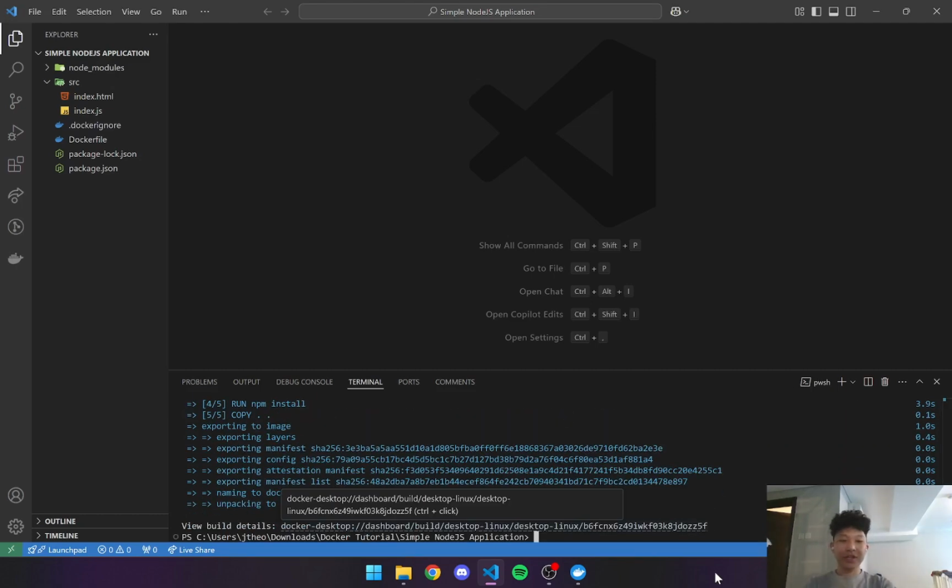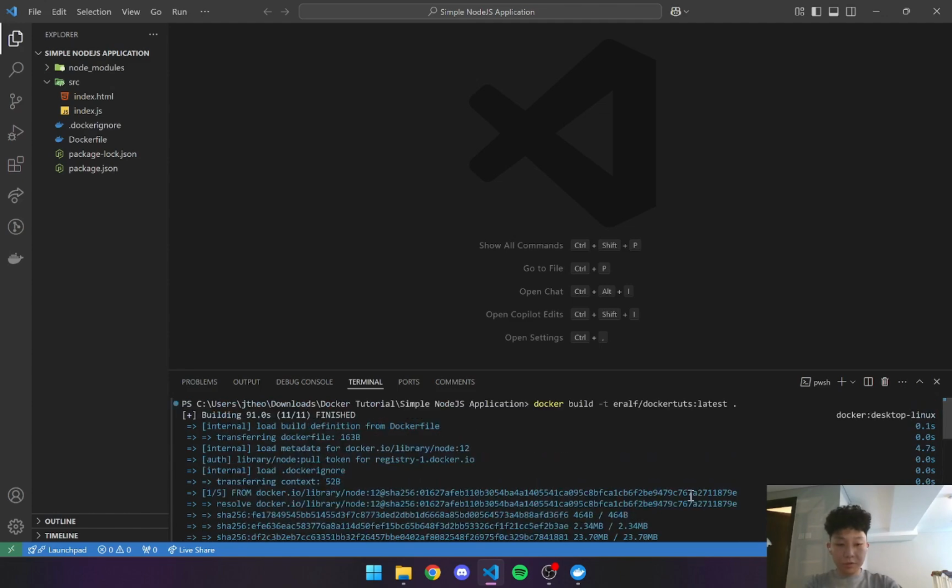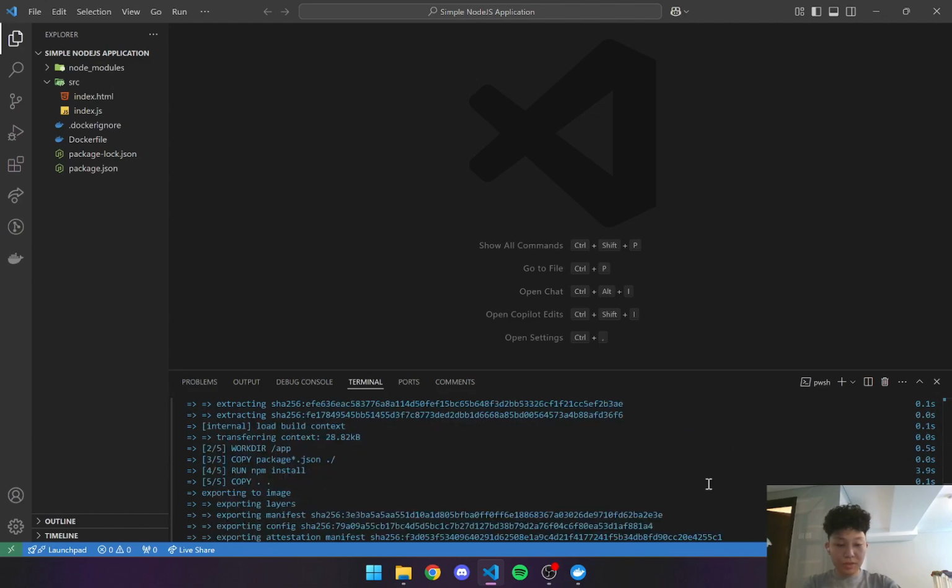Alright, now the image has finished building, and we got this ID here, which is the image ID, which acts as a unique identifier for each image. And next, we're going to create and run a container for this image. We're going to put in the command docker run -p 3000, which is our port, and our username, and the name of the project, which is Docker Toots, and also the tag. Let's just copy it from here